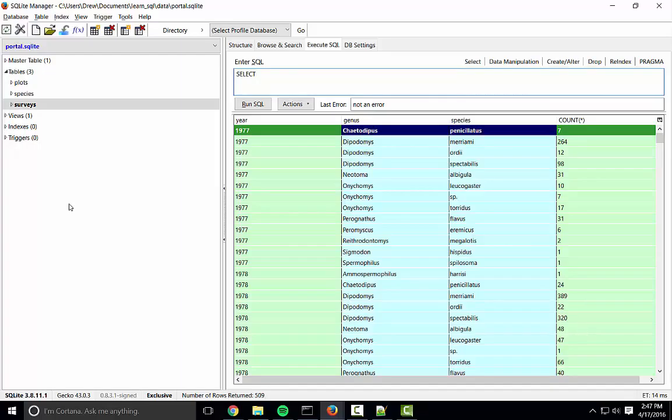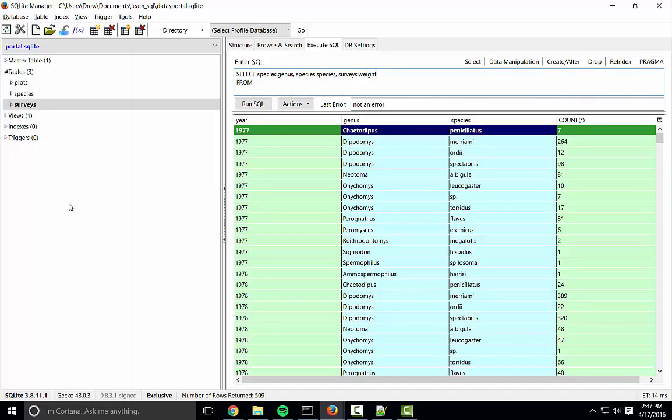SELECT, what do we want? Genus, so that's species.genus, species.species, and surveys.weight